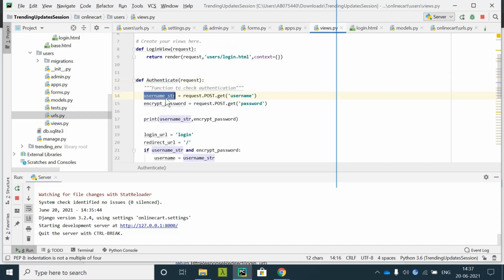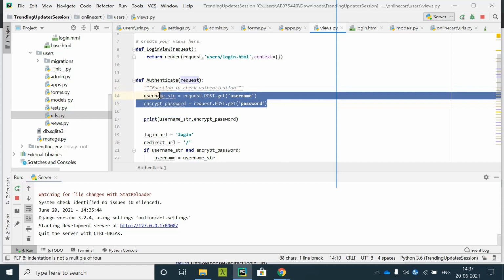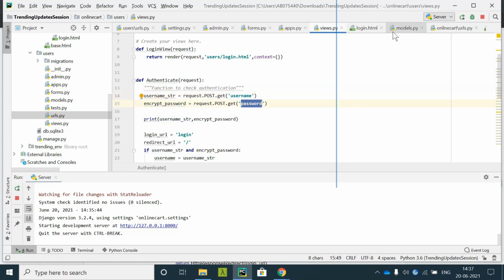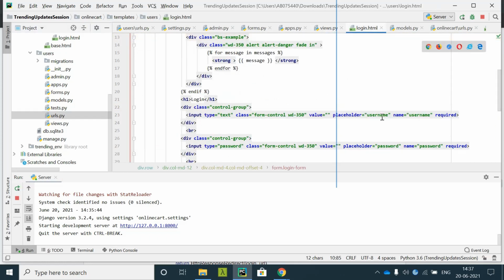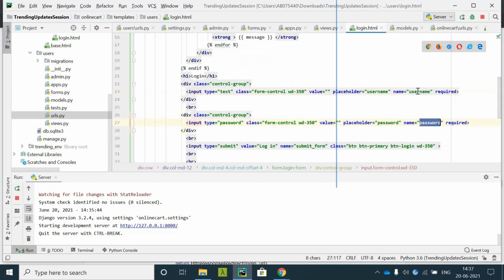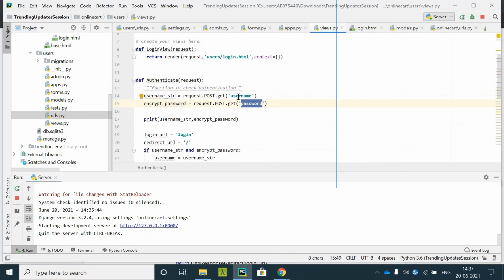Now whatever user string is there, now request.POST.get username, this is the field name which is actually present inside login.html. You can see placeholder, name username and name password. These are the names that are actually used over here inside views, which will get us the username and the password from the front end.